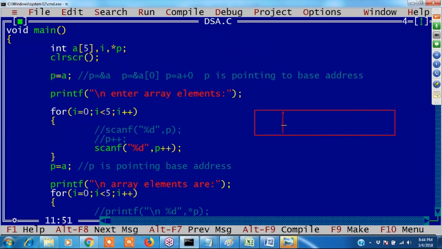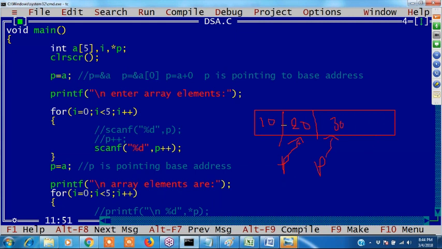First element is stored by scanf %d, P. After that, P plus plus you have written, right? P plus plus means P will point to the next location. Next, how many times will this loop execute? 5 times. 20 will be stored. Next, go to the next location, P plus plus. It goes to this location, 30.